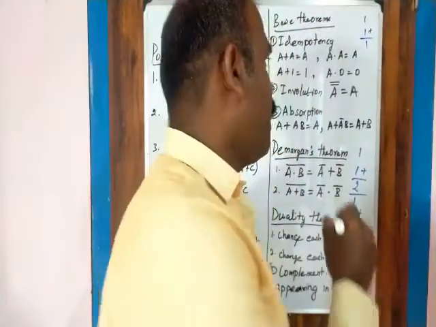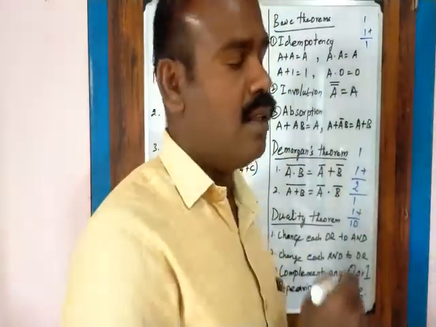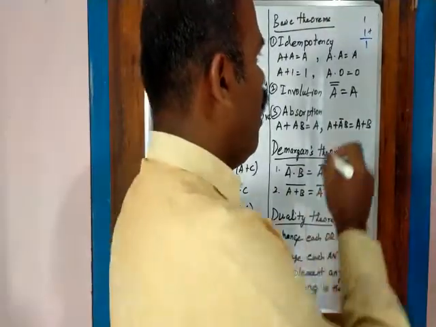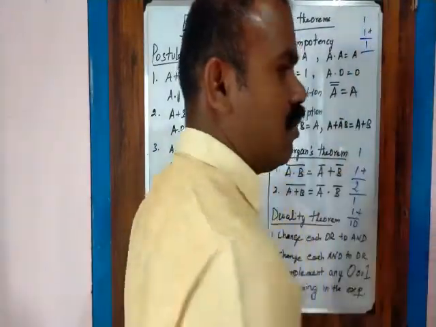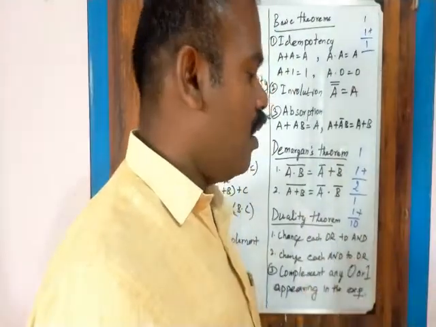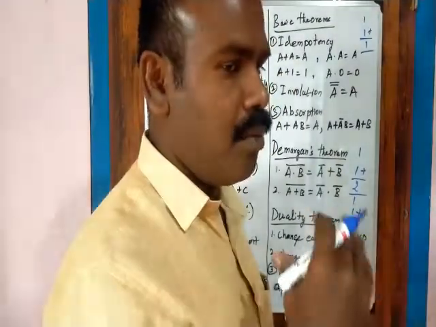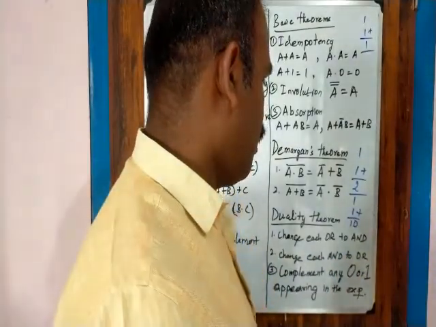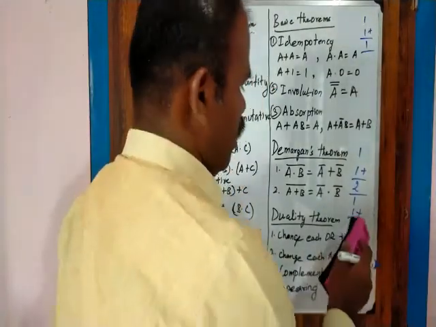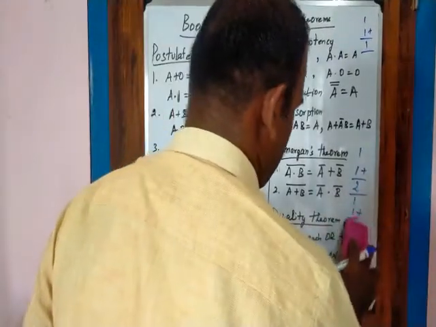So this is the mathematical logic. So this is called Boolean algebra. So here we get 1 plus 1 equal to 1. This mathematical logic is different from ordinary mathematical operations. That is okay. Now